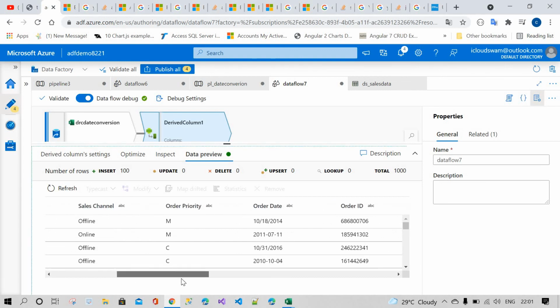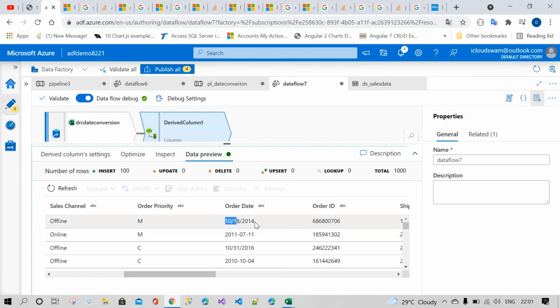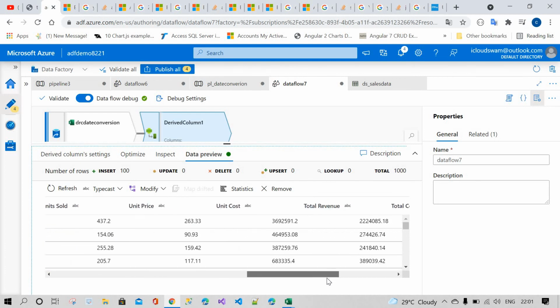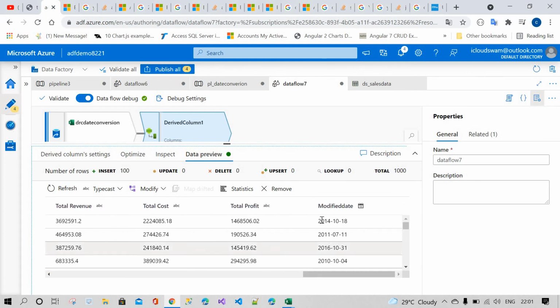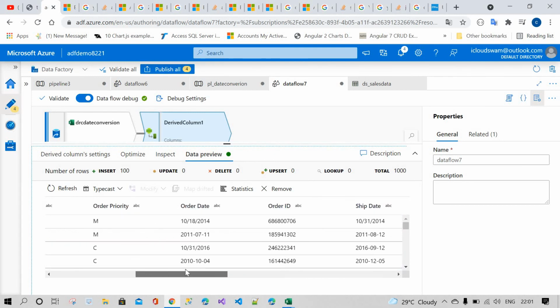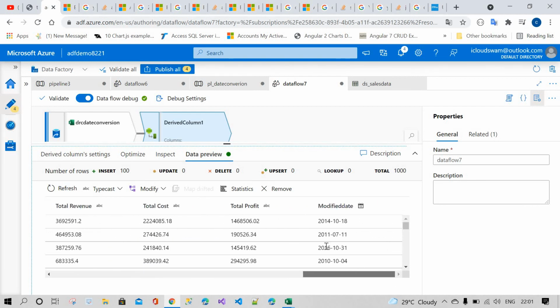We will check where our order date is. The Coalesce will identify this column, this row, and convert it into our required format. You can see our required format. I hope you got it. And the second one, month, date, year, the Coalesce identifies it, and it's not null because it exists. So again it converts into our required format. Like this the date conversion will happen. Thank you so much, guys.